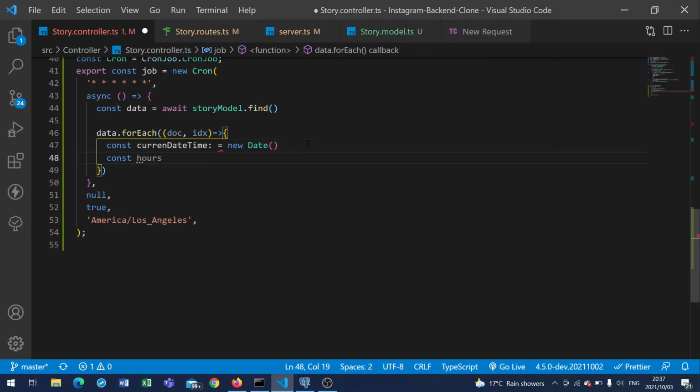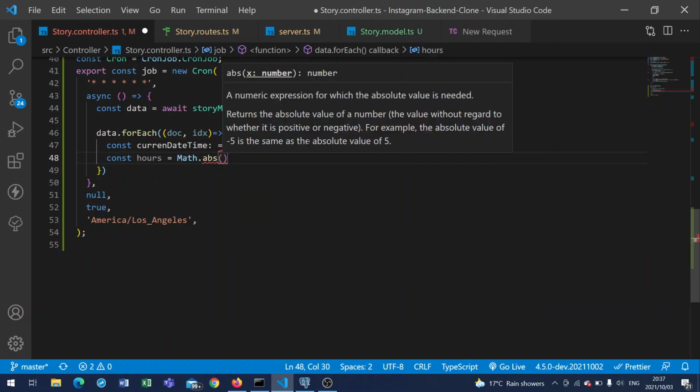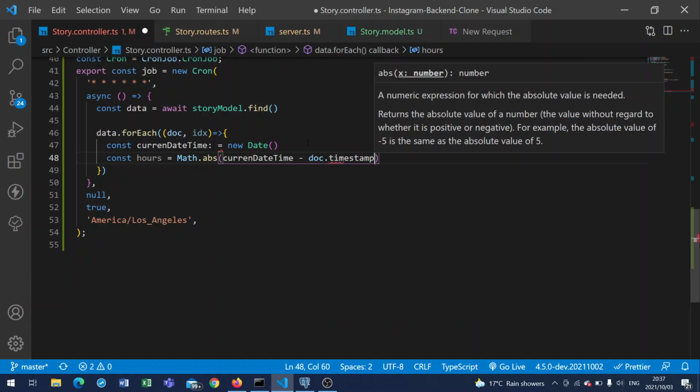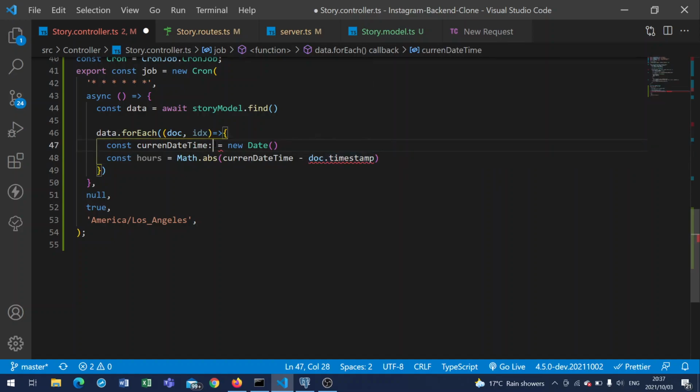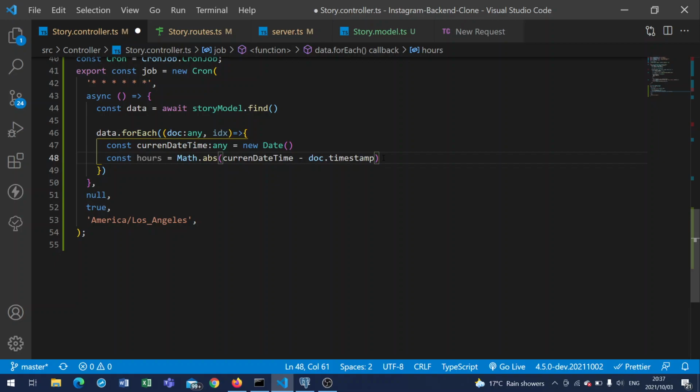So we want to get the hours of this thing, and we say Math.abs. And within the Math.abs, we'll say current datetime minus the doc timestamp, which we have. As you can see, this is why I needed to enforce this any type. So I can just say this thing is any, so that we avoid those errors. Because we know that both of these things are date times, we'll then minus by